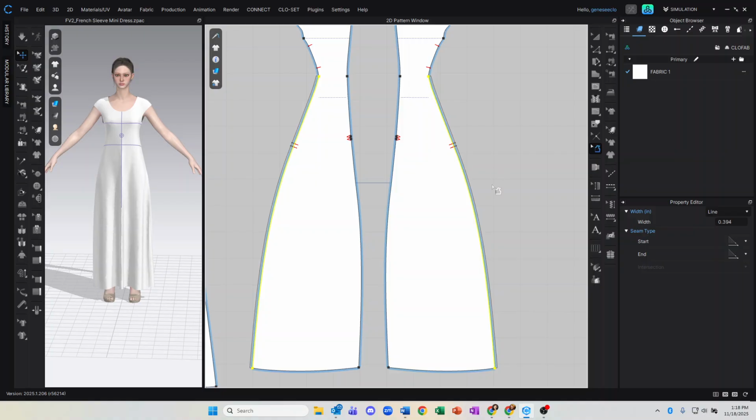All right, let's talk a little bit about the seam allowance. It only goes from this point to this point. That is the segment of line that I asked for a seam allowance on. And the default over here, 0.394, is about 3/8 of an inch, so it's an extremely narrow seam allowance. I'm immediately going to change that from 0.394 to 0.625, which is more like the 5/8 seam allowance that we're